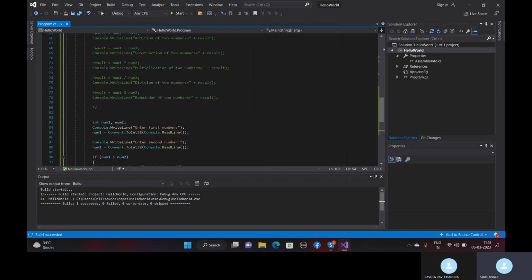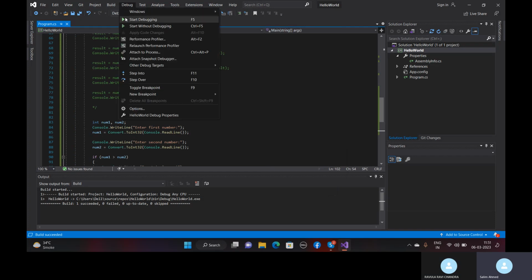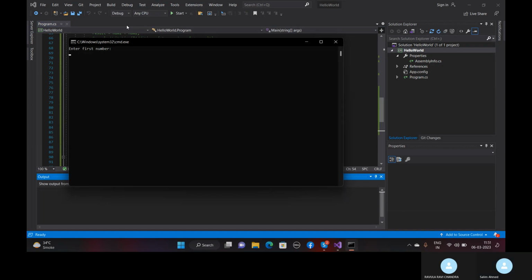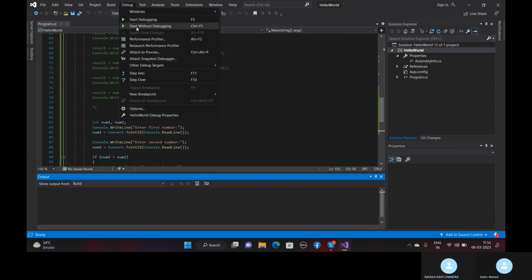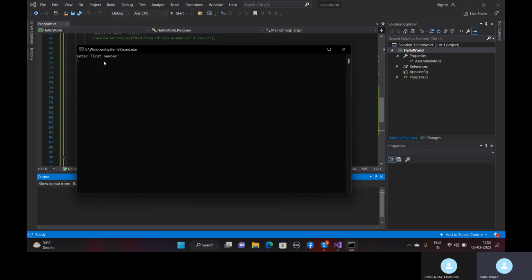Let me go and check for the second condition. Enter first. You can see the screen, right? Yes, sir. So let me go with 20 and 10. I'll say 5 and 10 now. So num2 is larger. So my else block got executed. But what if I go for both values equal? Yes, both are equal. So what I'm doing, I'm taking the help of relational operator and passing that relationship, both are equal,